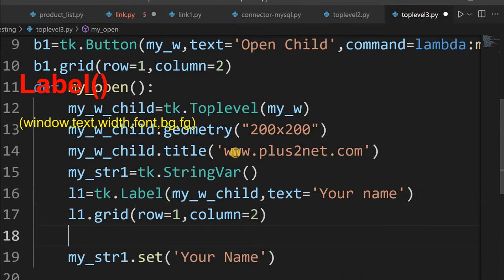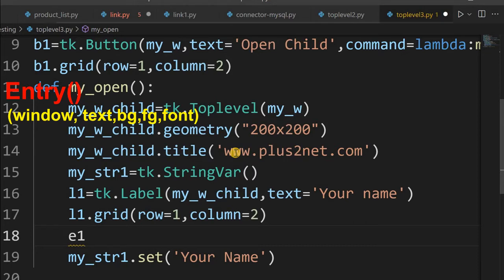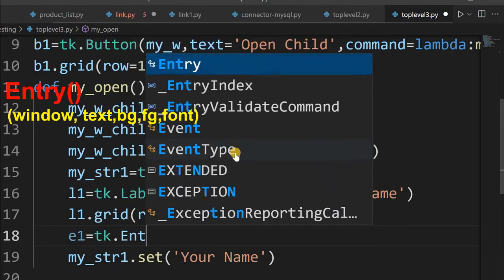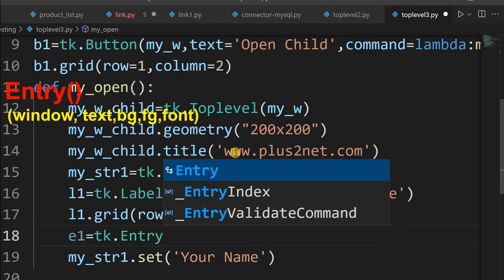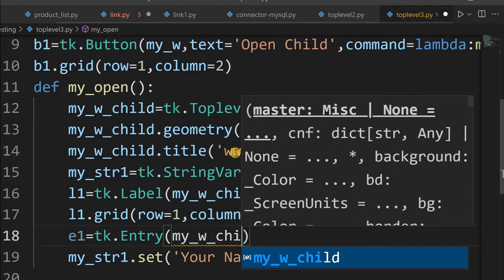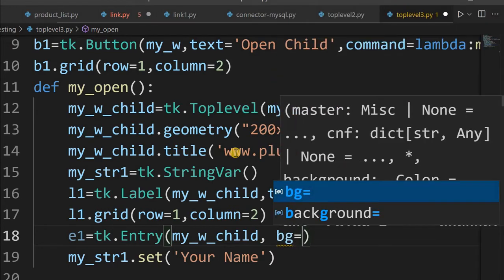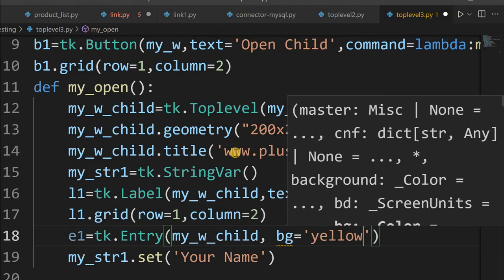After this we'll use one entry box. So we'll say E1 equal to tk.Entry. Here we'll say my_w_child because it is in the child window. Let's give a little background also, so it will be a little different.